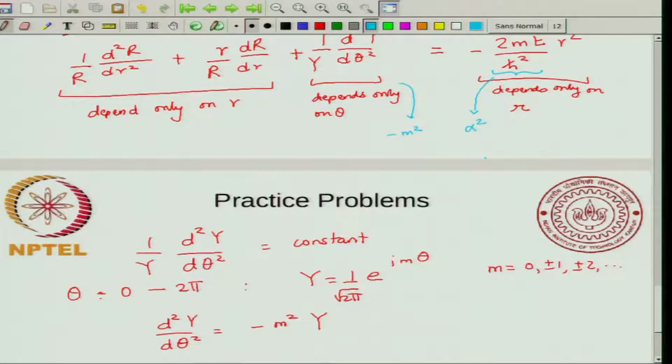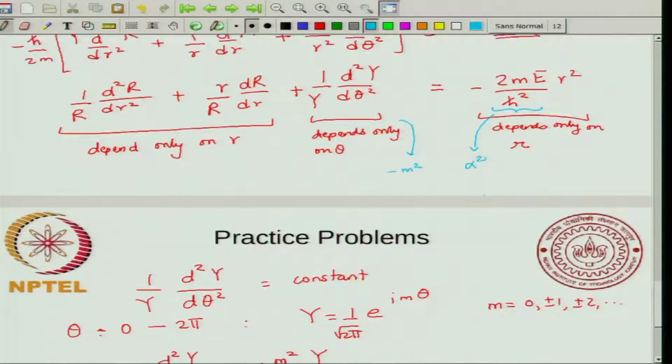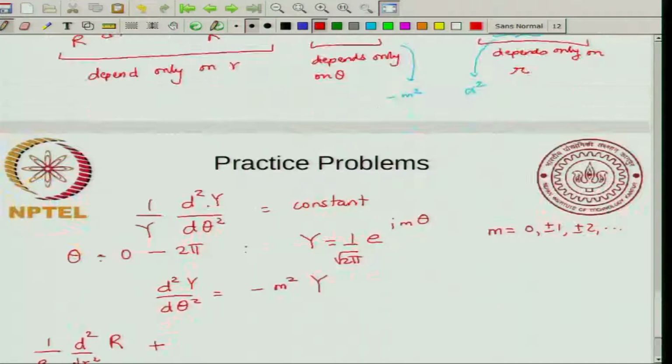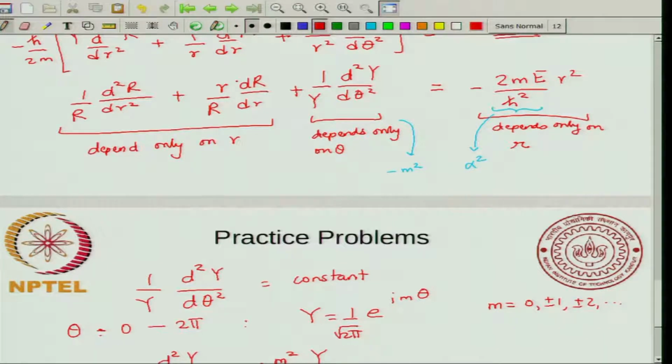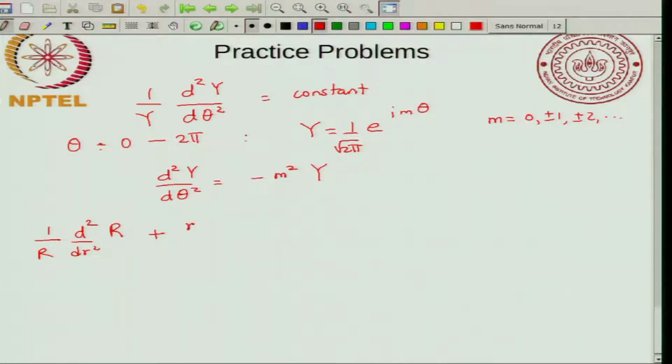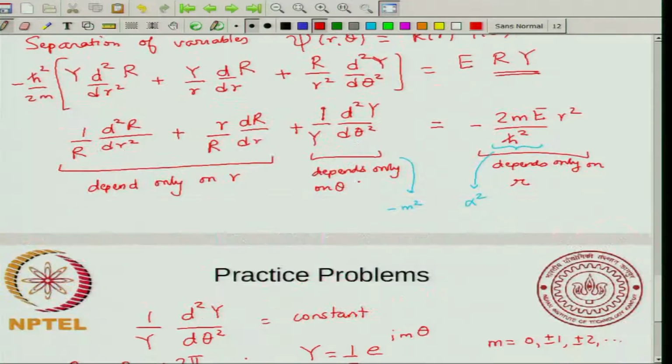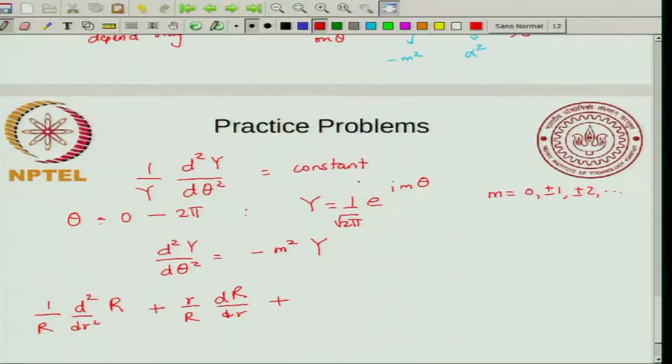So then I can write my equation in the following form: 1 by r d square by dr square of r, plus what I have is 1 by r dr by dr, that will be as it is, and then this quantity is just minus m square. So what you have here is just minus m square,